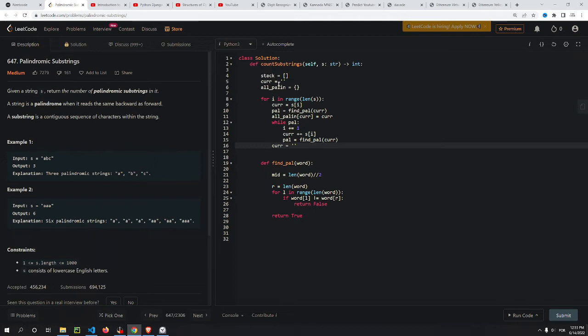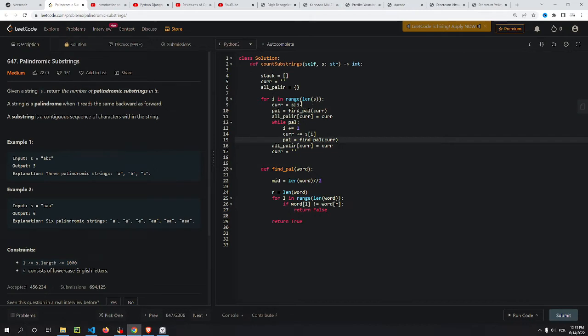So I'm creating this variable to create a different string each time, calling the palindrome function, then passing it here, and then here at the end, I would... So this is going to return true or false, so I would have to do this again. Because it's going to be two different currents. One is going to be the first letter that I started the loop at,